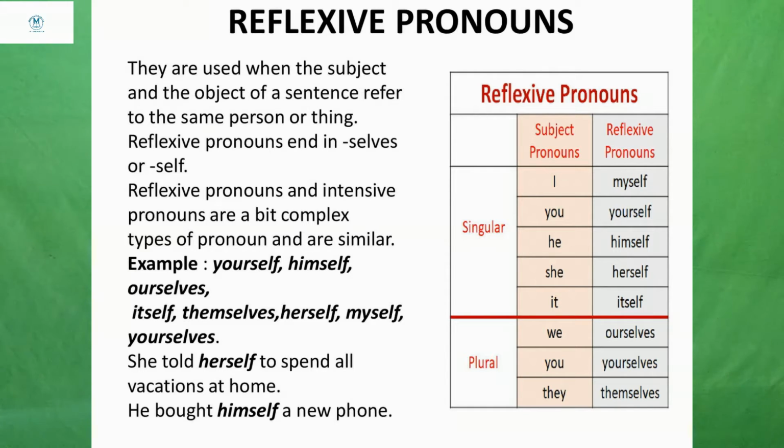So these reflexive pronouns and intensive pronouns are somewhat similar. They both are the same, because they are also yourself, ourself, himself. But with an intensive pronoun, if it is not there in the sentence, there will be no effect on the sentence. But here, he bought a new phone. He bought a new phone means someone bought; he bought himself a new phone. To whom, or for whom, did he buy a new phone?